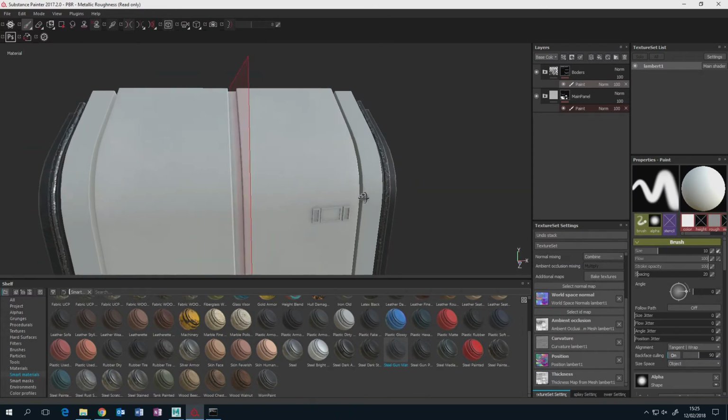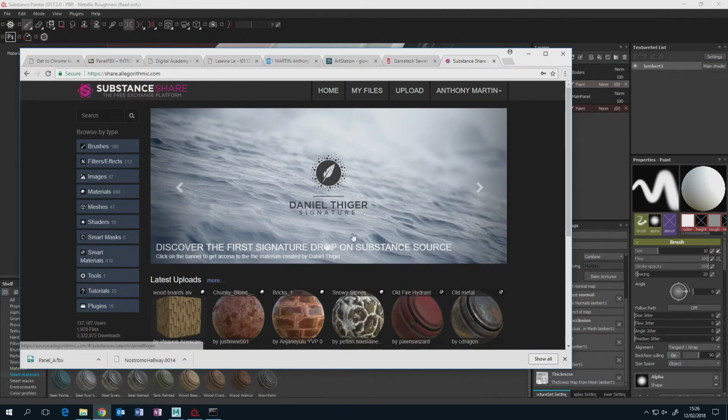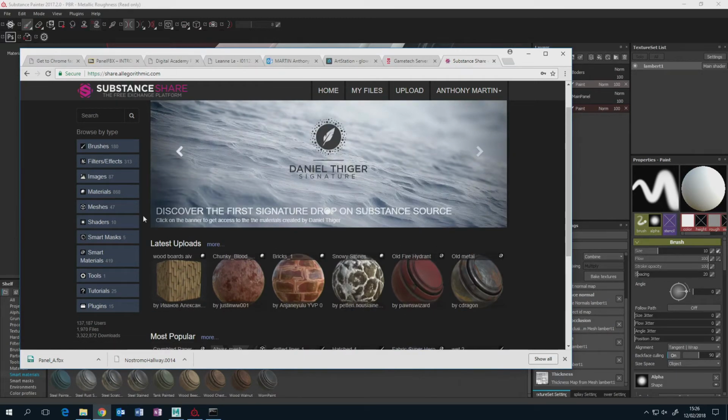Now I want to show you Substance Share. Maybe some of you have used it. Substance Share, if you type that into Google, is the algorithmics sharing materials kind of website. So you've got all of those preset materials that come with Substance, and you get a fair decent amount. But then you've got literally, like, I think thousands and thousands of materials that people have made themselves and then uploaded to Substance. And they're broken down into things like materials and smart masks and smart materials and stuff like that. Let's go into materials